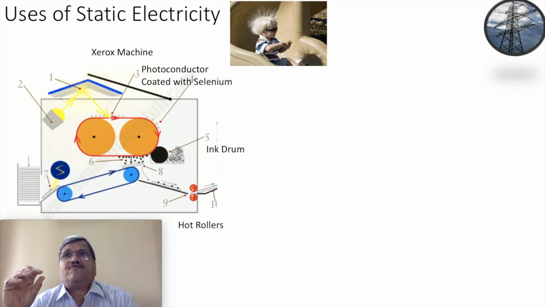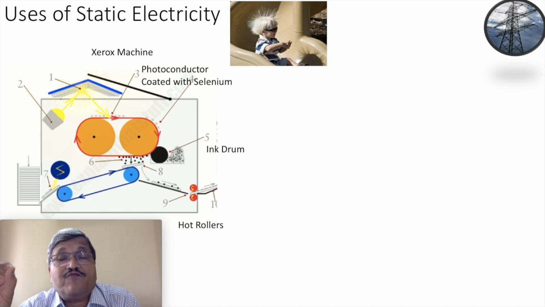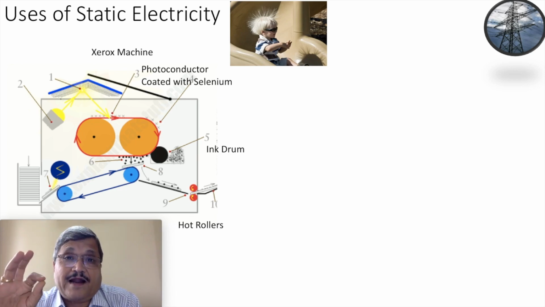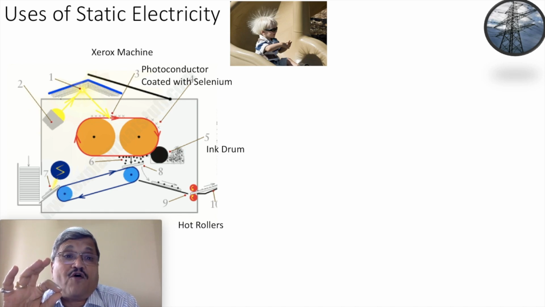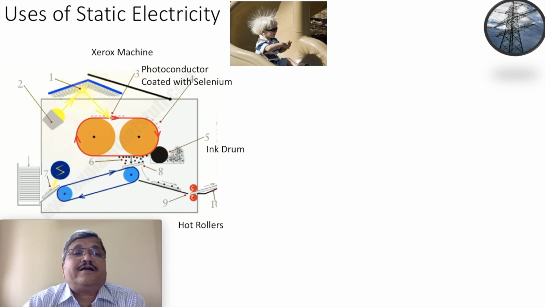For example, in front of a light, if I make some gestures with my hand, the gesture will appear on the wall. Similar to that, wherever letters are printed, that portion will not reflect, and wherever there is no letter, the white portion will reflect light, and then the electrical shadow will fall on the conveyor because the light source is at an angle. So like a carom board, it will travel the angular path and fall on the conveyor, which is coated with selenium to receive the electrical shadow.